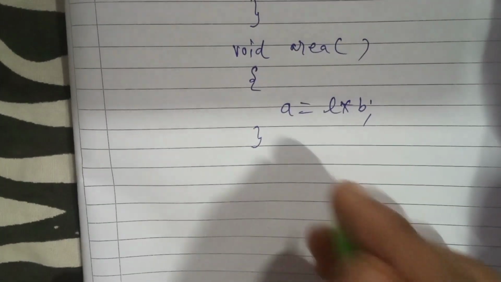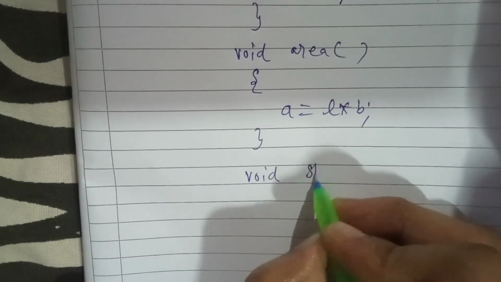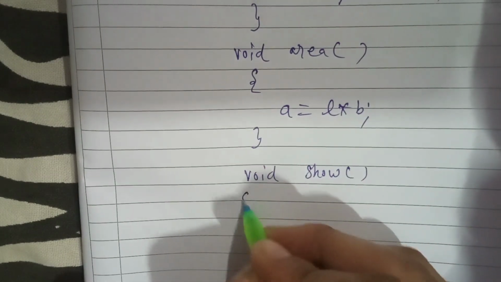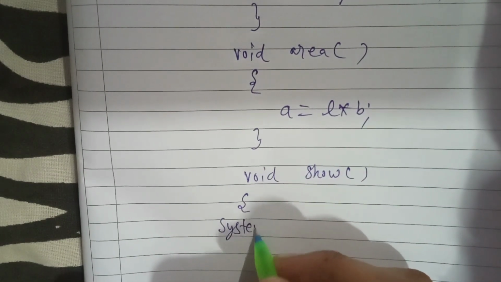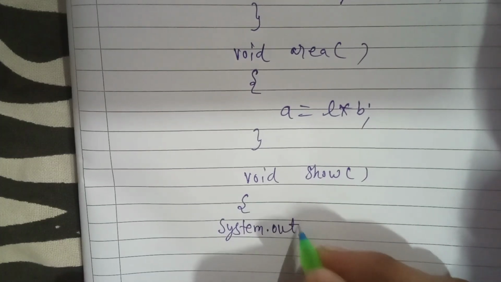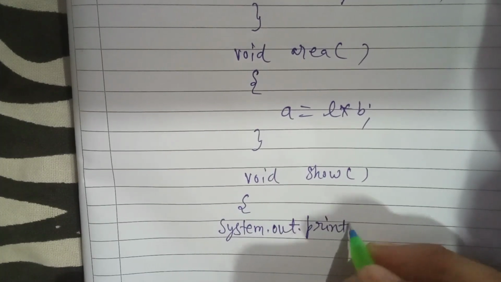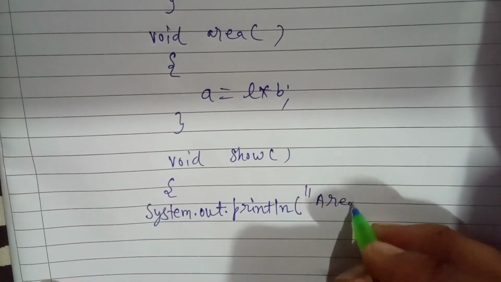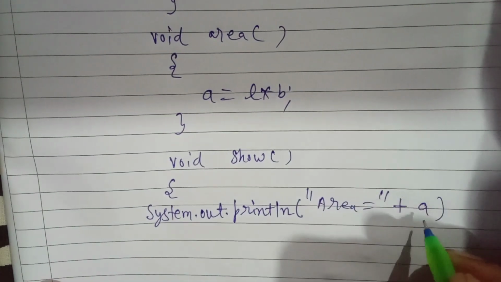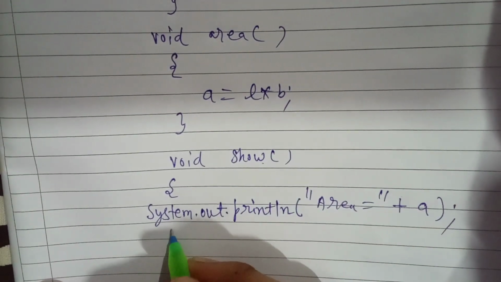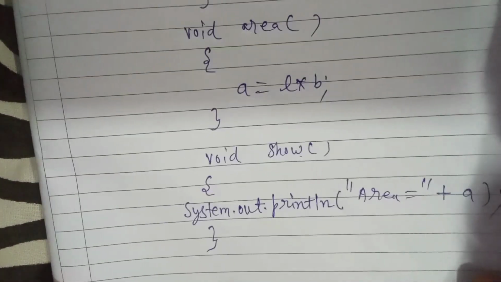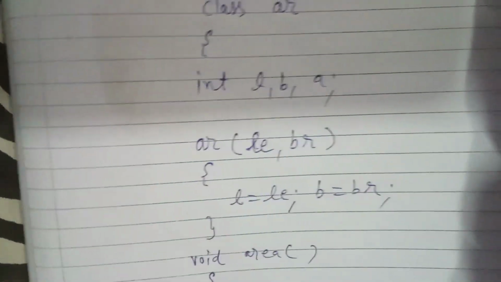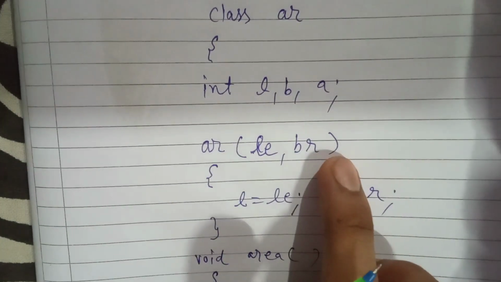Let's create another method, that is void show or void display. Any name we can give, that shouldn't be a keyword. Then after this method is declared only for displaying a message. So we are writing here a printing statement, and what we want to display here, that we see area equal to where area is stored. It is stored in A. Done. Method is closed. Now we have created what? We have created a class here. Then after we have done what? We have made a constructor of that class.